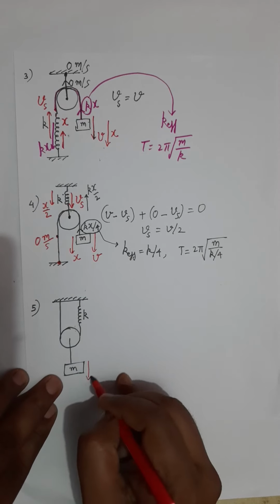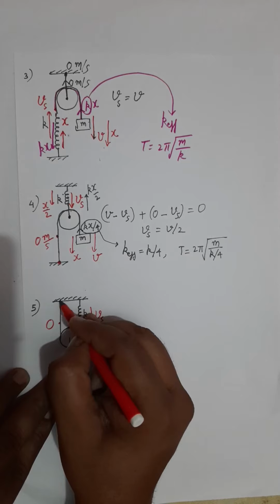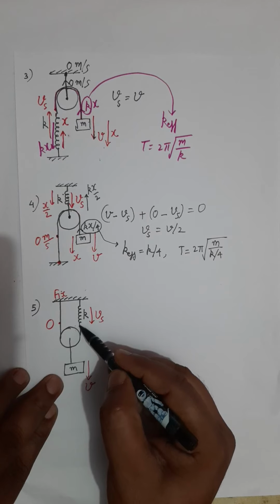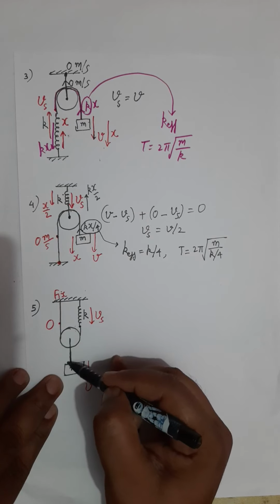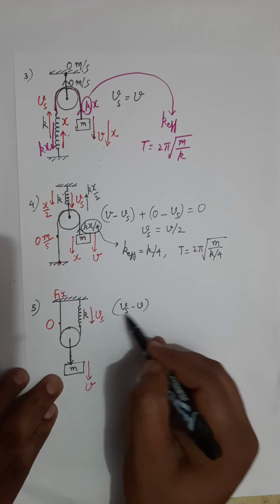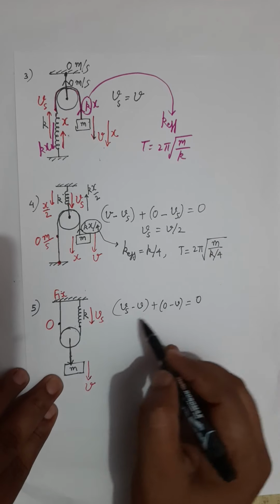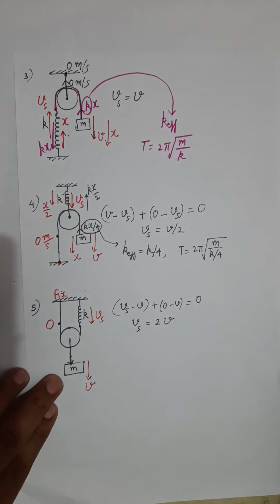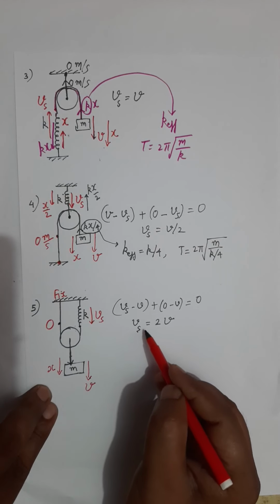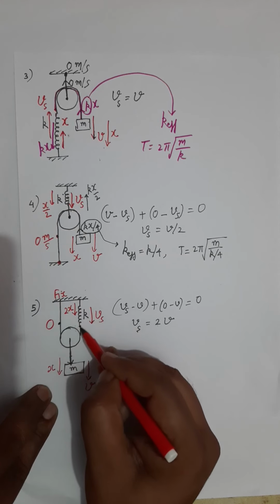Here the block is with velocity v, the spring is with vs, and this side you have 0 velocity as it is fixed. Apply the same rule. On this side vs minus v for this pulley which is going with the block with v velocity, so vs minus v plus left hand side 0 minus v equals 0, which means v of spring will be 2 times of v now, and that means if the block has a displacement of small x, the spring which is moving with double velocity will be elongated by 2 times of x, and if the spring is elongated by 2x,